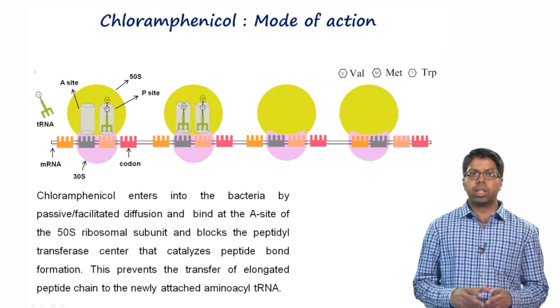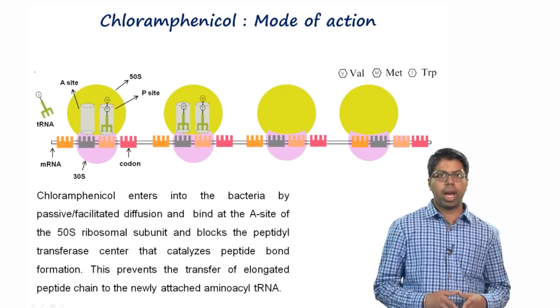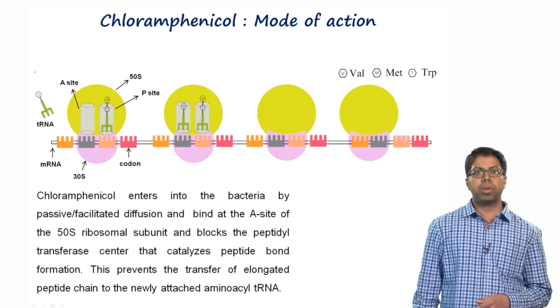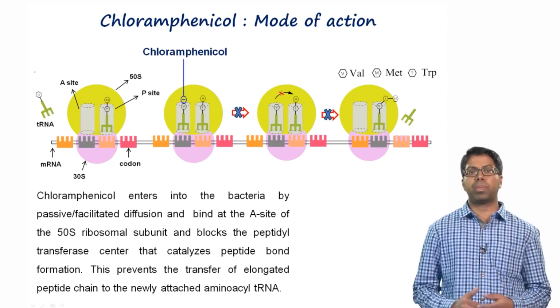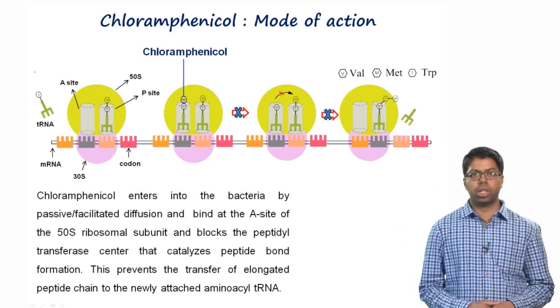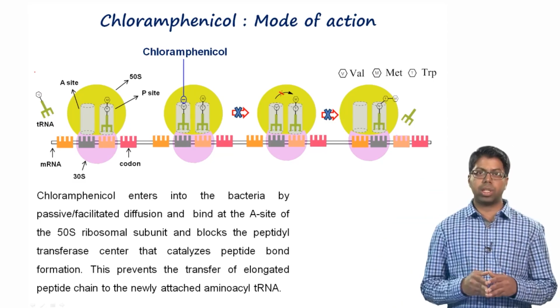Like any other antibiotic, chloramphenicol enters into the bacteria by passive diffusion or facilitated diffusion and binds at the A site of the 50S ribosomal subunit and blocks the peptidyl transferase center that catalyzes peptide bond formation. This prevents the transfer of the elongated peptide chain to the newly attached amino acid tRNA, which generally results in a bacteriostatic